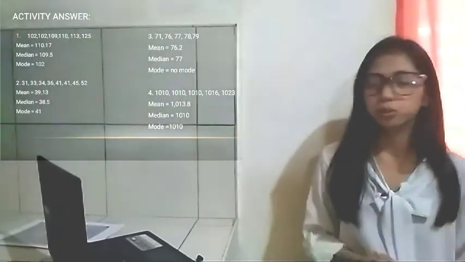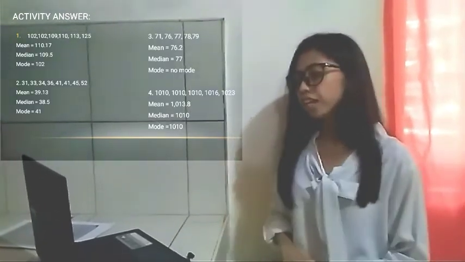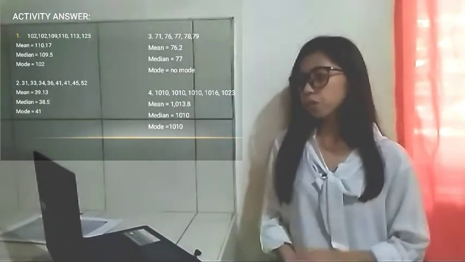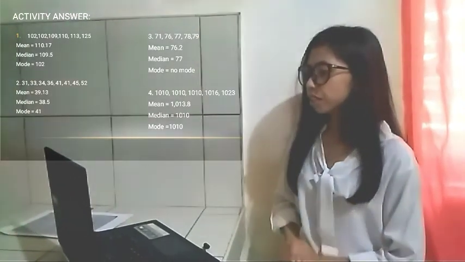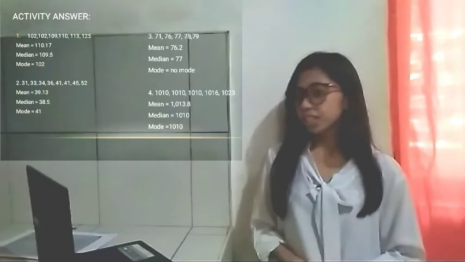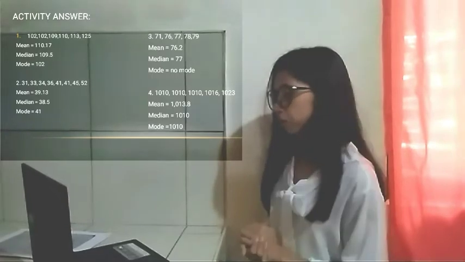Next is number 2. The same process as number 1. So the mean is 39.13. The median is 38.5 and the mode is 41. By the way, class, each item will be 3 points because we will be looking for the mean, median, and the mode. So for number 3, same process. The mean is 76.2, the median is 77 rather, and there is no mode. So for number 4, from the given data, the mean is 1013.8, the median is 1010, and the mode is